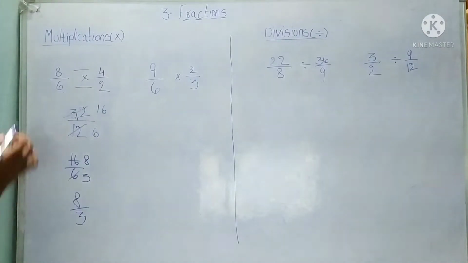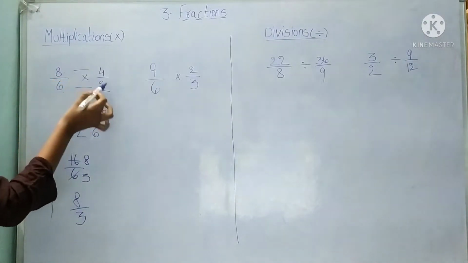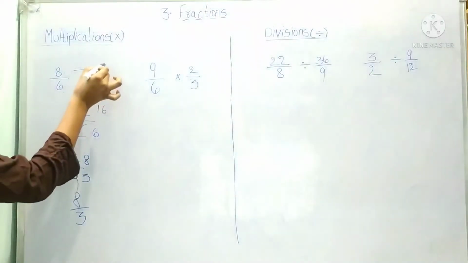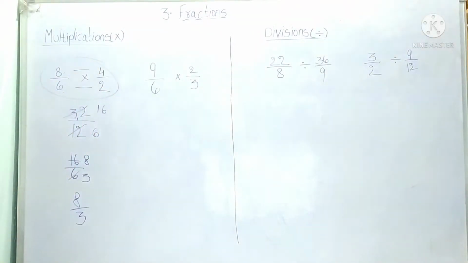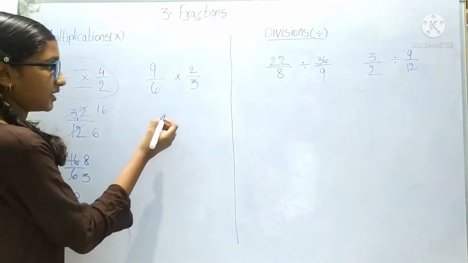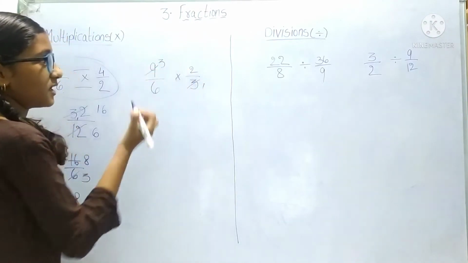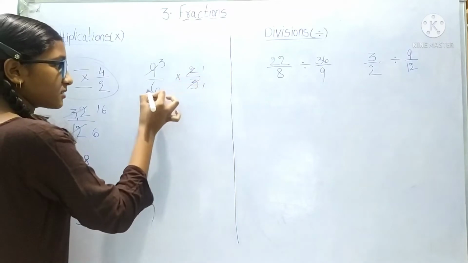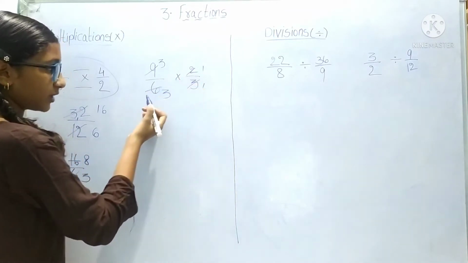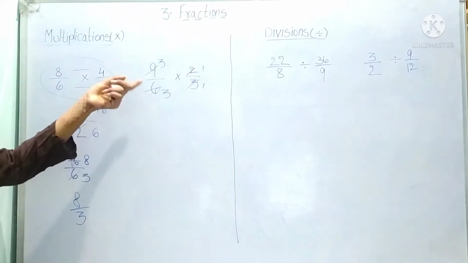We can directly cancel like this. Here only we can cancel. Although we can cancel here also, no problem. So let's see, one side we will cancel here. So here I am cancelling. 3 ones are 3, 3 threes are 9. So 2 ones are 2, 2 threes are 6. 2 ones are 2, 2 threes are 6. So here only I am cancelling.